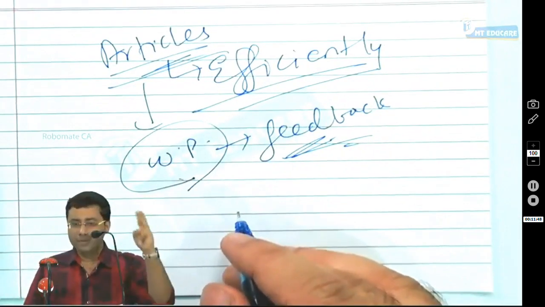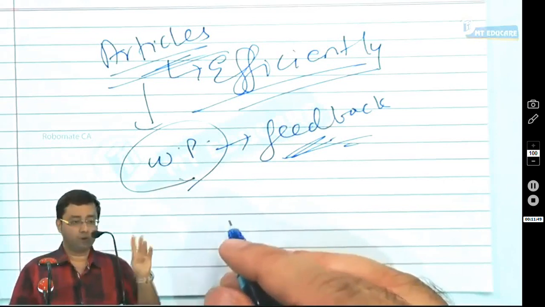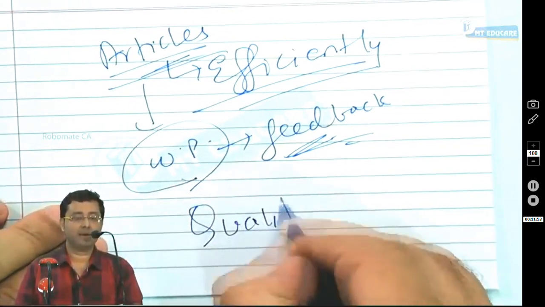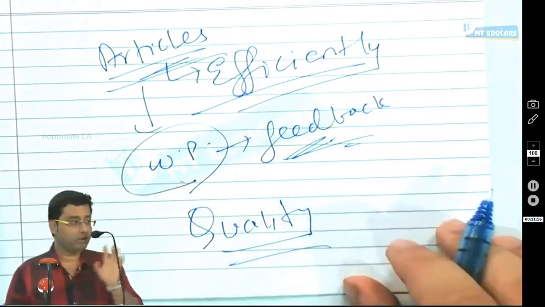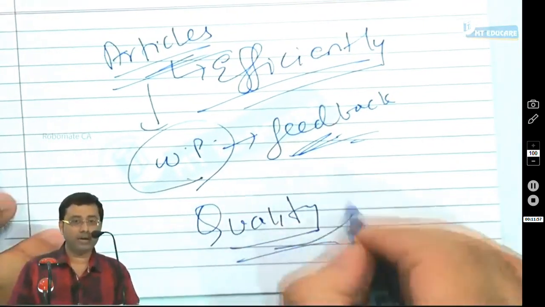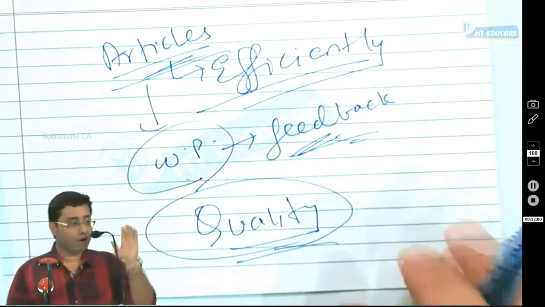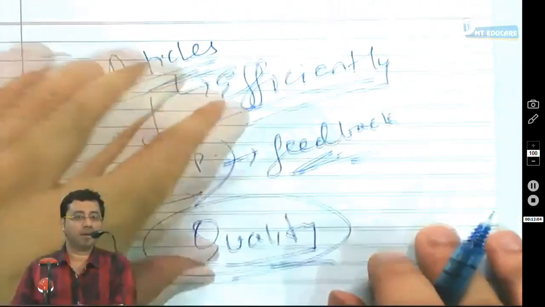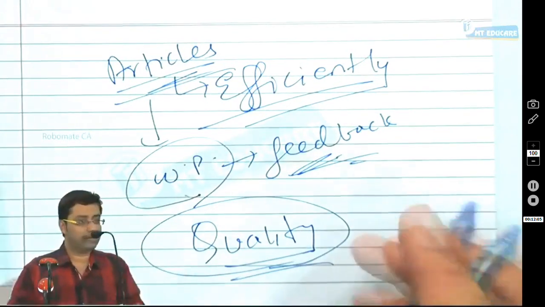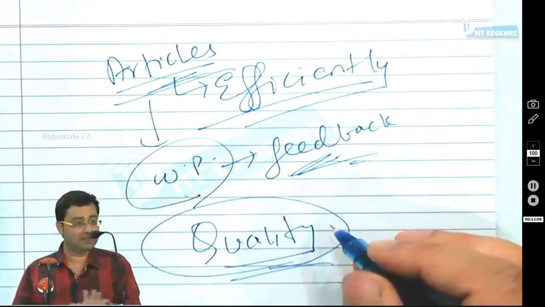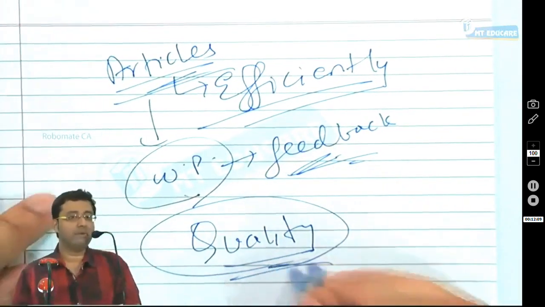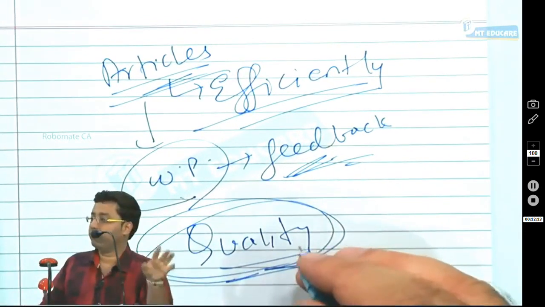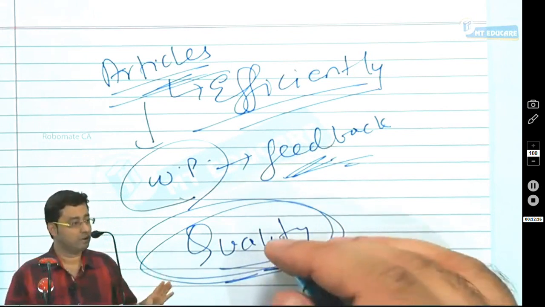Deloitte, KPMG, Ernst & Young, PwC, the Big Four of India, consider it a matter of quality. According to the big firms, it is a matter of quality if you prepare working papers. Your working papers can only justify your work. So these big firms always ask their articles, their subordinates, to keep their working papers properly in safe custody, because according to them, it is a matter of quality. You can justify your work only on the basis of your audit documentation, that is, working papers.